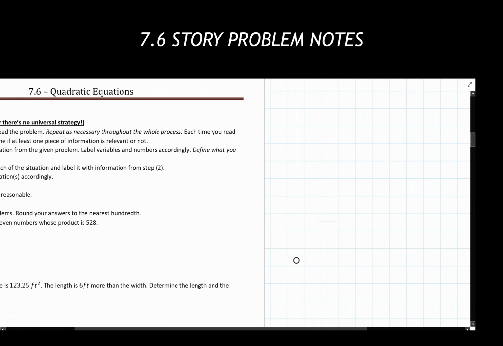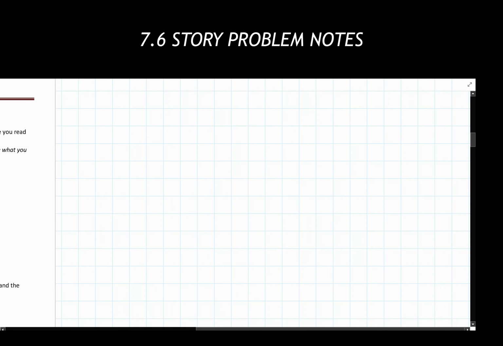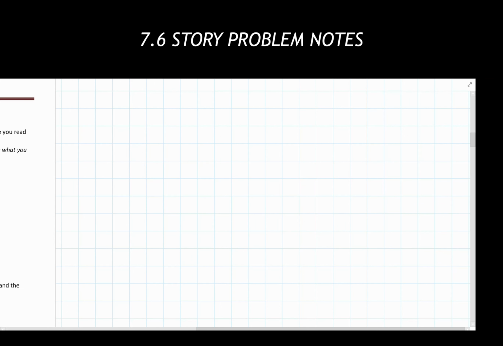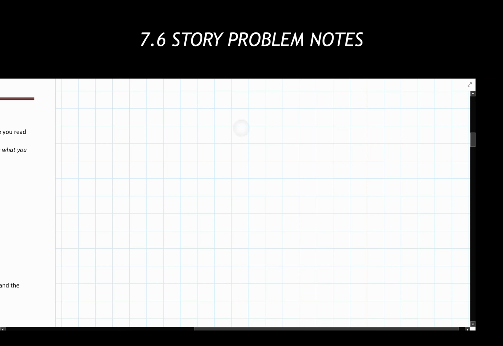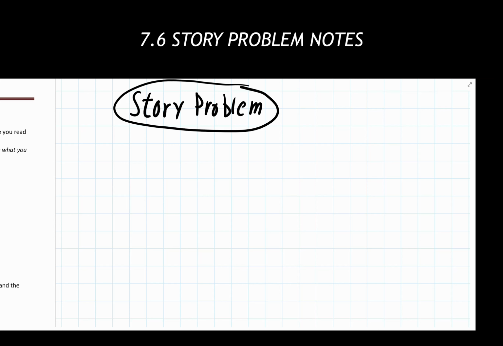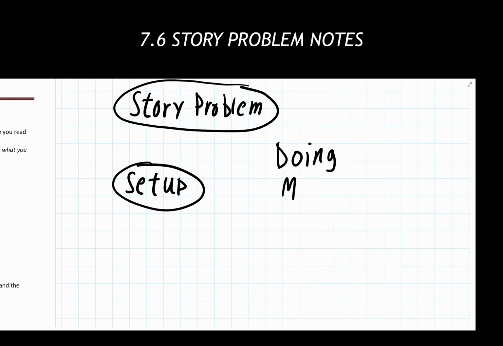I'm going to move us off to the side here, and I think this is arguably a better, maybe a bit more straightforward flow chart. But my recommendation is to think of story problems in two very distinct parts. So we have an overall story problem that's been given to us. We have two different parts that I think are distinct that we need to think on with story problems. And that is the setup portion of a story problem, and that is the actually doing math portion of a story problem.